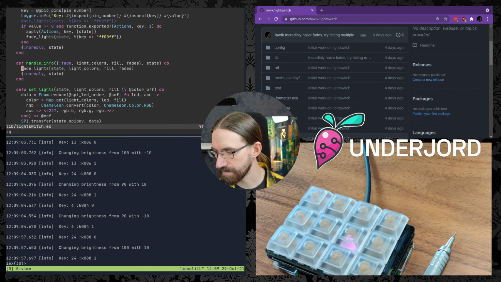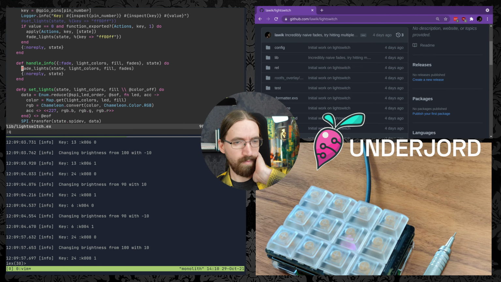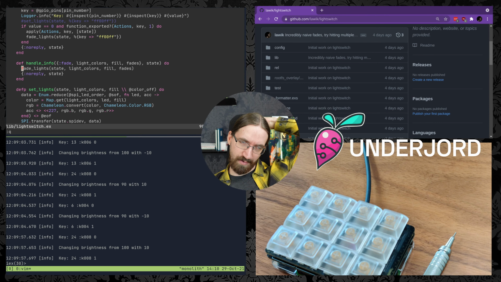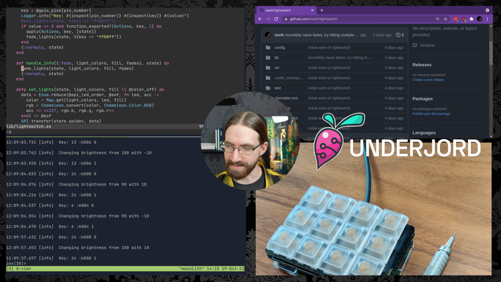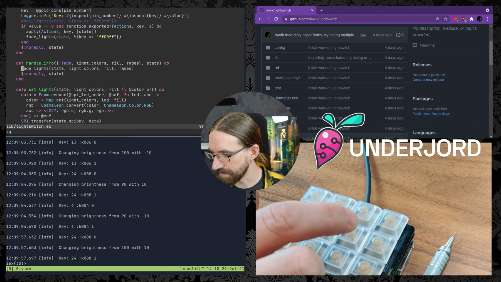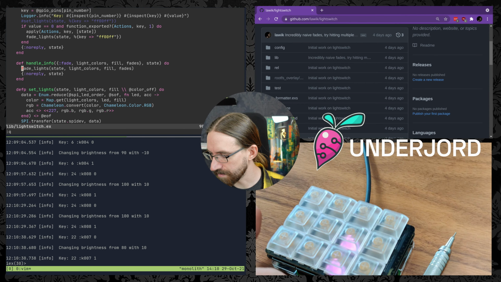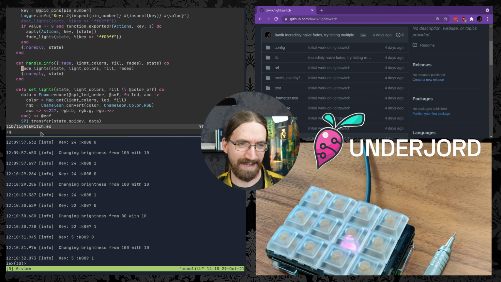Can see it now. Soon it'll be gone. It fades at 1 step of color out of 255 per 100 milliseconds. But if I do this, and then I do that, and then I do that, now it starts flickering because I'm setting all of the lights on every update, which is what you need to do with this light. But the different